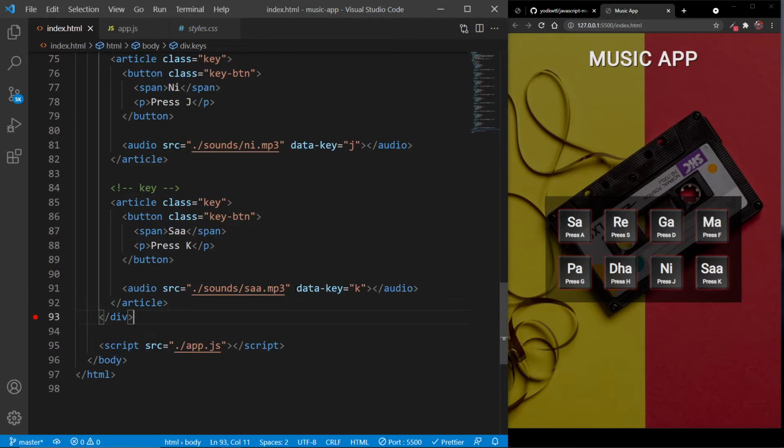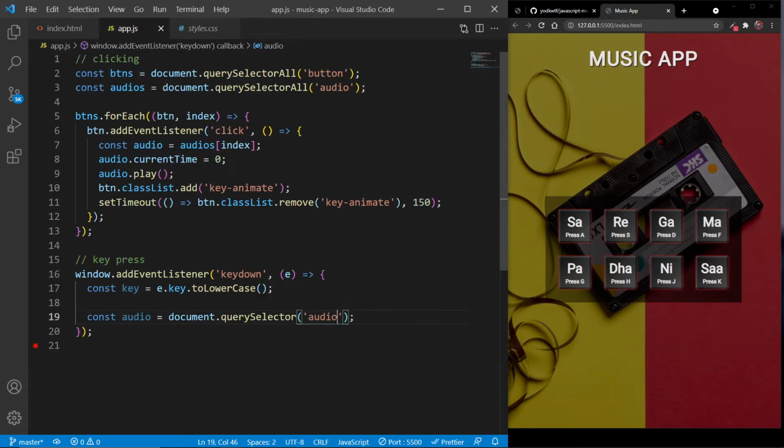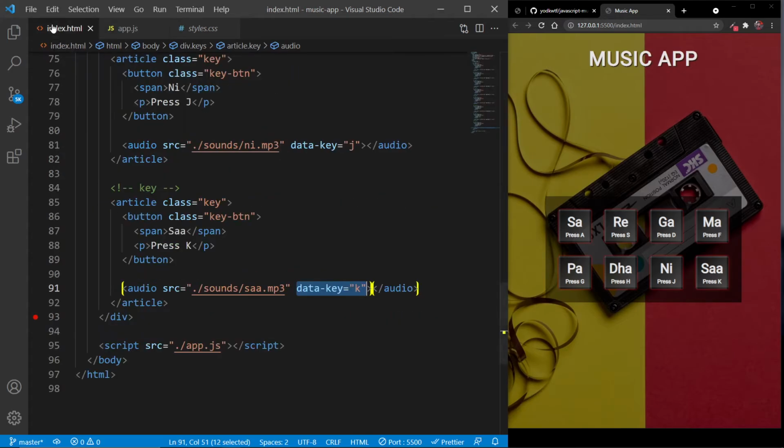And then we need to specify this data-key attribute with its value. So I will just copy it, and we need to put it inside square brackets. And if I paste my copied data-key attribute, we have this. So now our audio is equal to this last audio, that is the one associated with K.